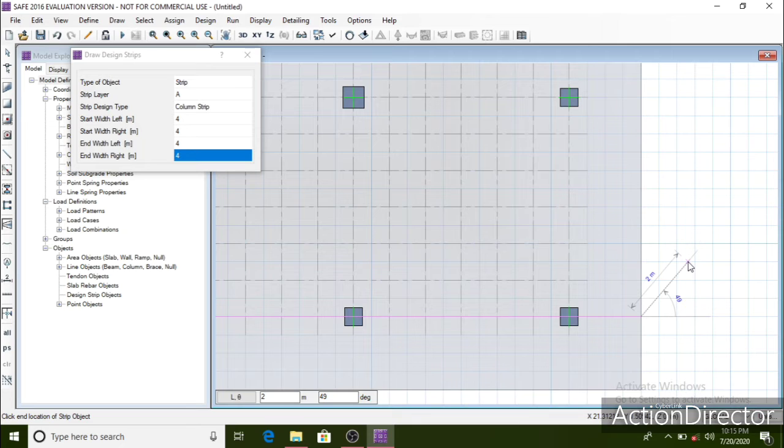Just give a right click after finishing the drawing of a design strip. After drawing each design strip, in order to end the drawing of the strip, just give a right click outside the drawing of the mat foundation or whichever is the foundation.